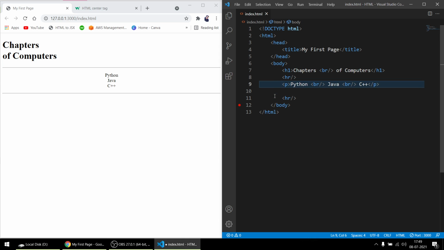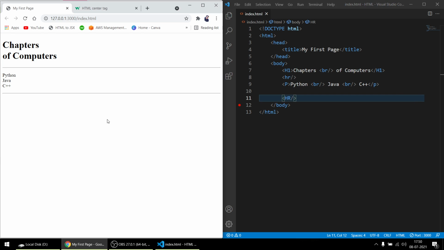All these tags are not case sensitive, so you can write in whatever way you want. If you want to write a capital H, just do it, and it will always work like this. See, no error. If you want to put a capital P, no error, everything working. If you want to put capital HR, H capital, R small, like this. Now H R both capital. Now see, everything's working. So HTML is not case sensitive.